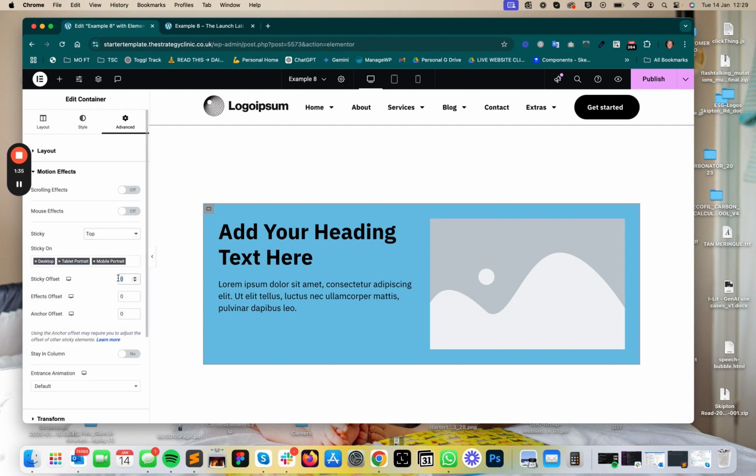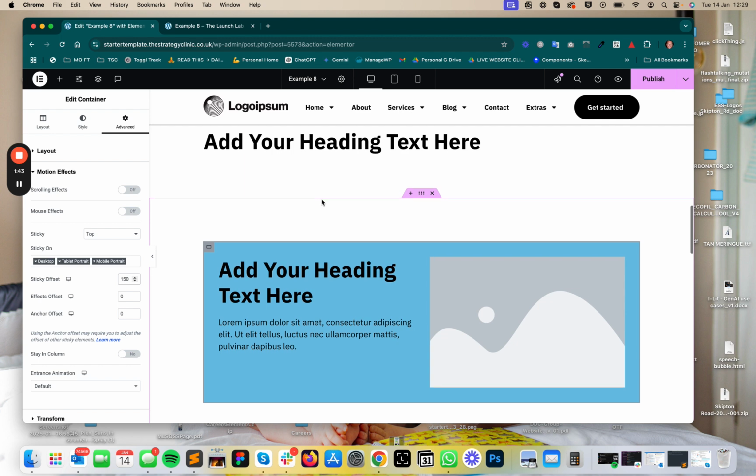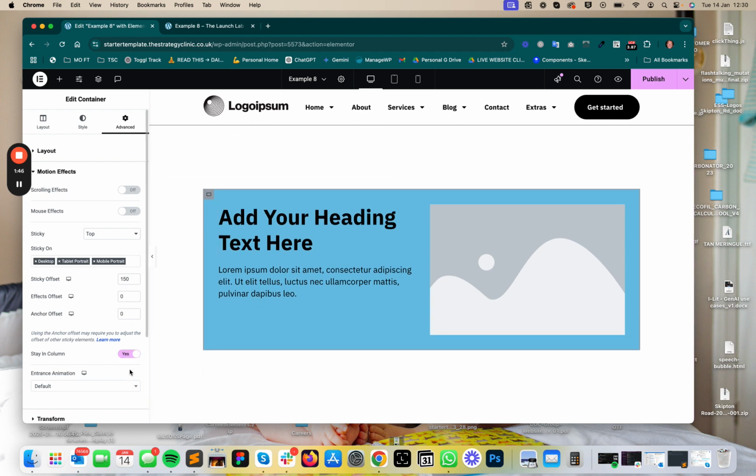I'm going to set the sticky offset to 150. That gives us distance between the top of the page as it scrolls. Otherwise it'd stick right to the top up there. And then I'm going to do stay in column. Then all I need to do is just duplicate